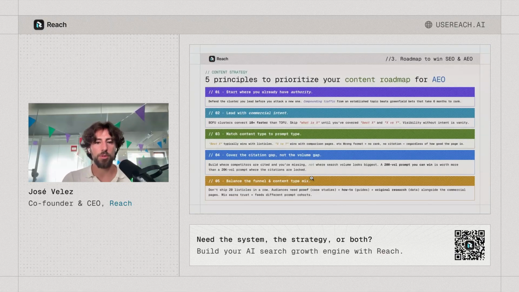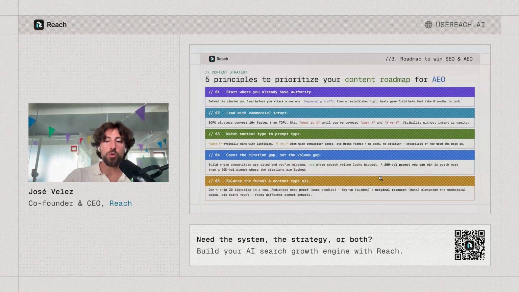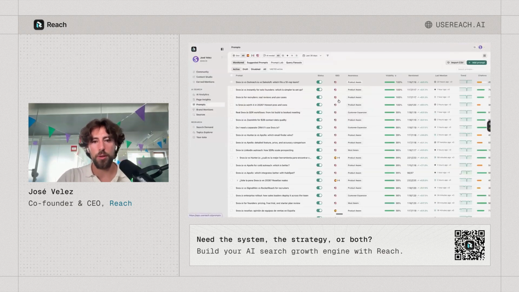And there's a couple of other things, but these ones are the most important ones. And these are the 5 principles that we typically use to prioritize the content roadmap. So first of all, you need to start where you already have authority. So basically, if you're trying to compete in a space where you don't have a lot of authority, so for